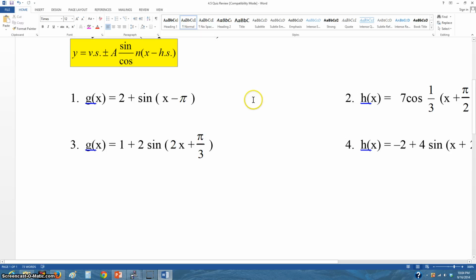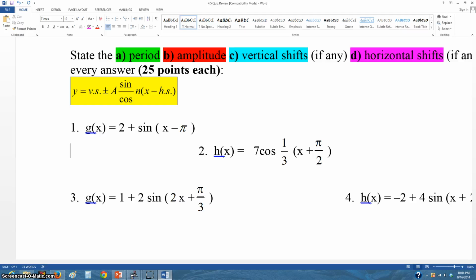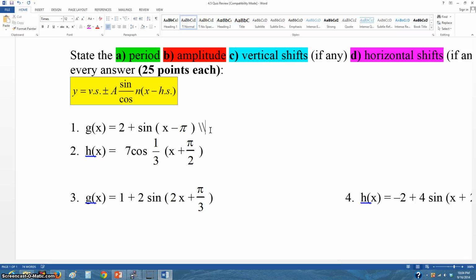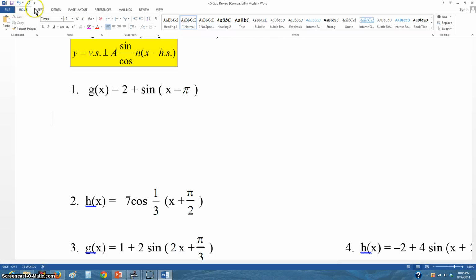Okay, so let's look at the first one. G of x is equal to 2 plus sine of x minus pi. In this case, does x right here already have a coefficient of 1? It does have a coefficient of 1, therefore I'm ready to go. I don't need to do anything to it, so let's calculate A, the period. If I calculate the period,